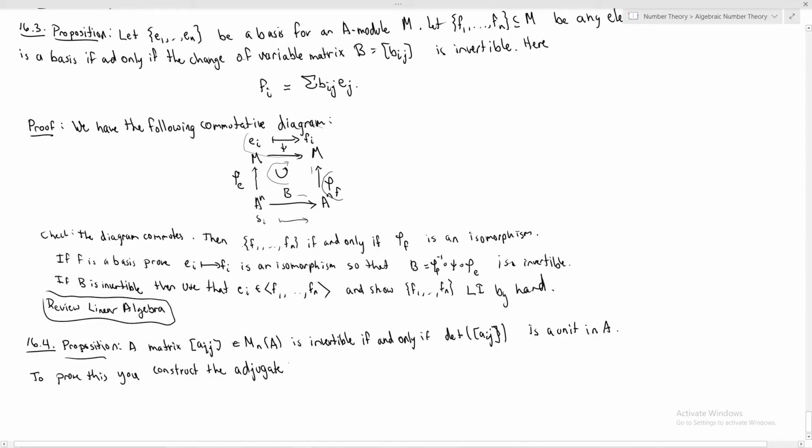It's complicated. You usually call this the adjugate, adj A_ij. This matrix, the important property this thing satisfies, this has the property